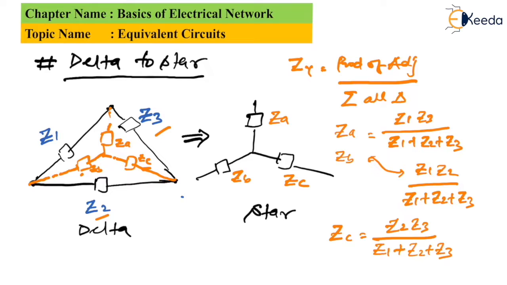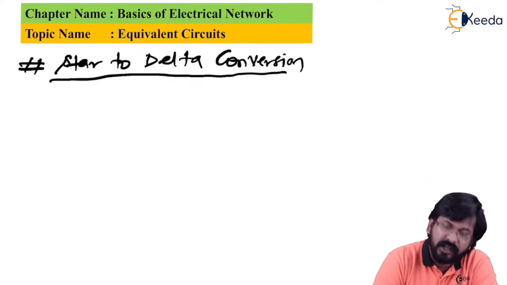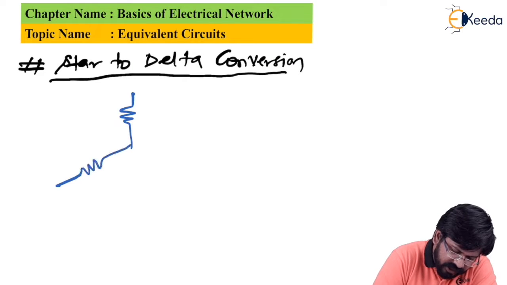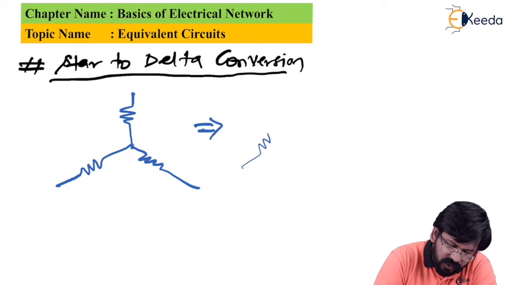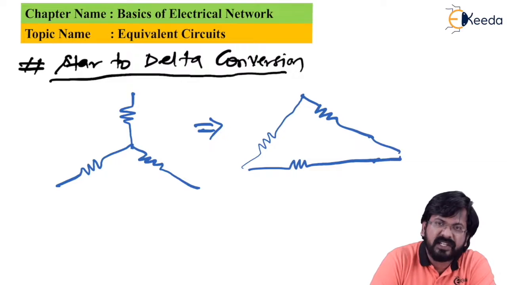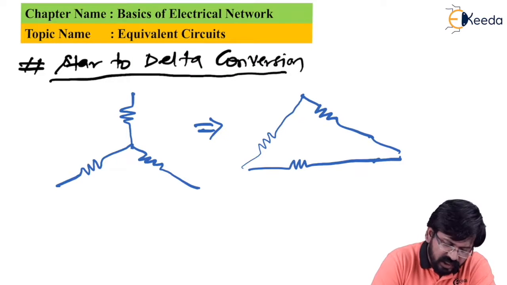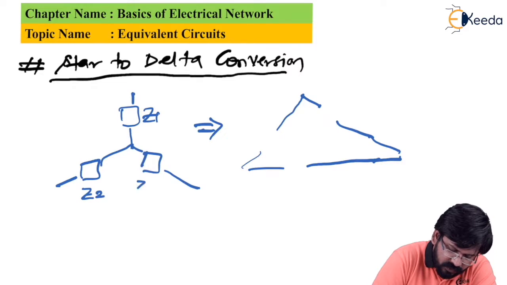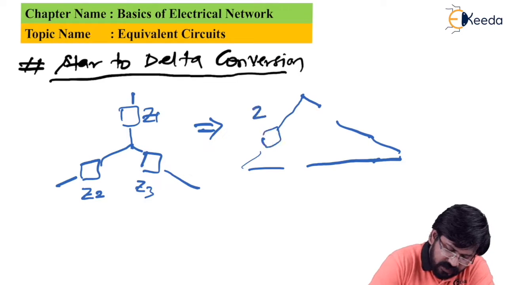With this, now we can start with star to delta conversion. It means what is given in our case is star. So the star network will be a given network which we have to convert into a delta network now. In this case, even though I have shown resistances, in general you can assume them as Z1, Z2 or Z3 and so on.